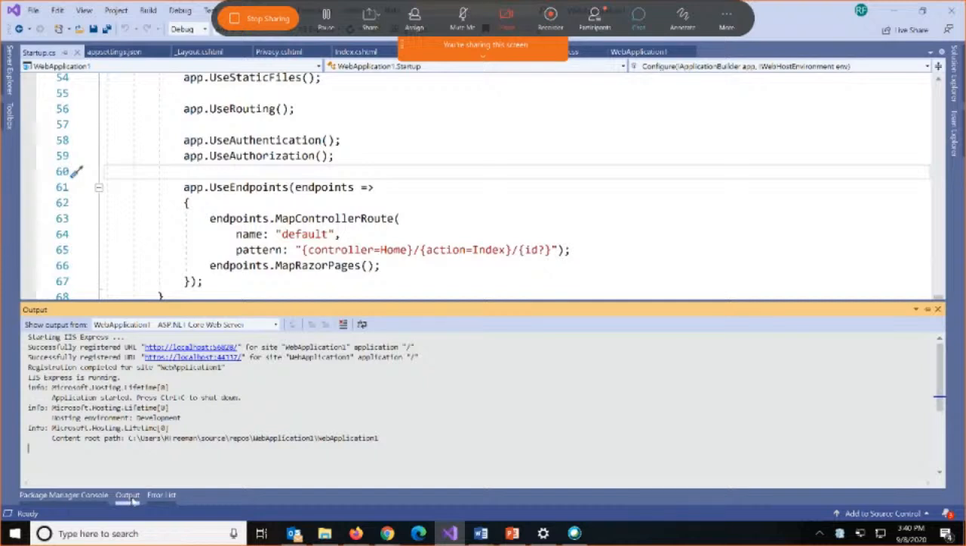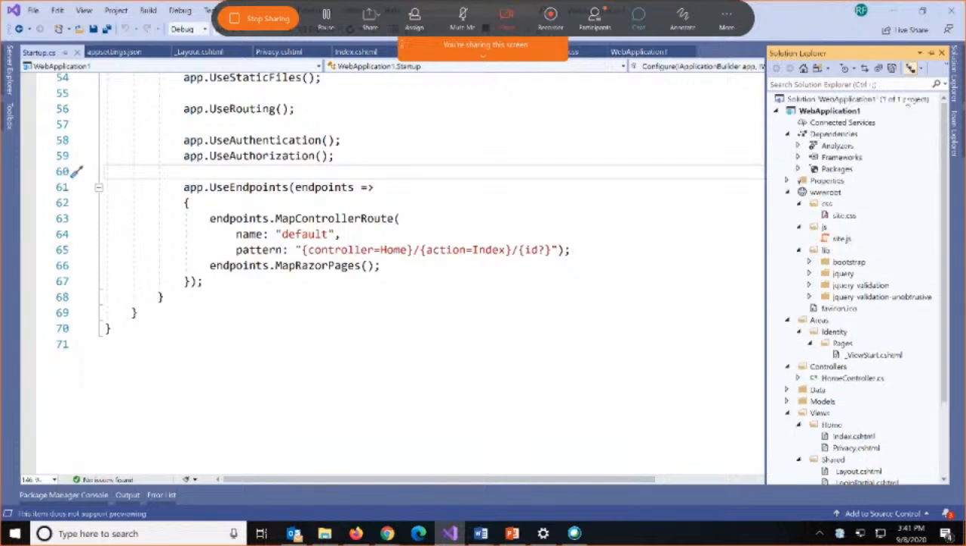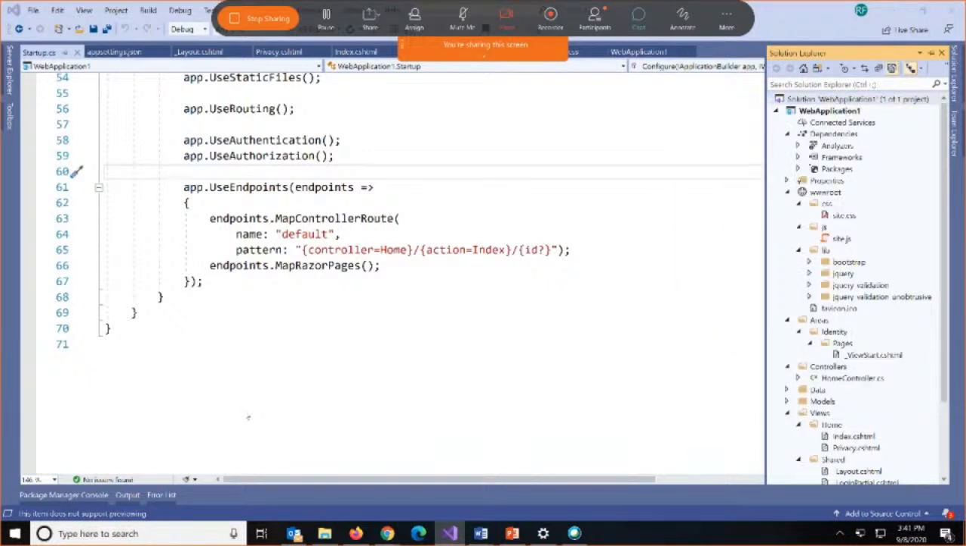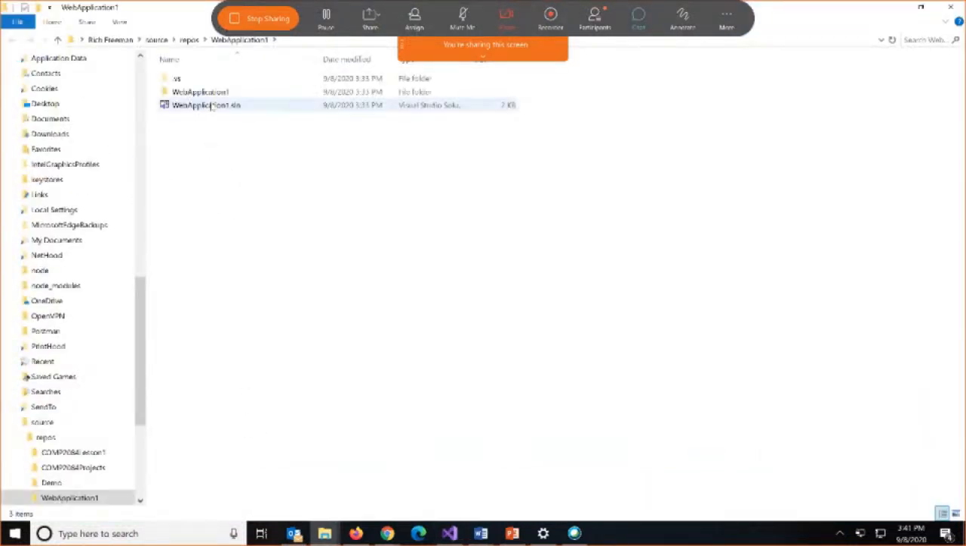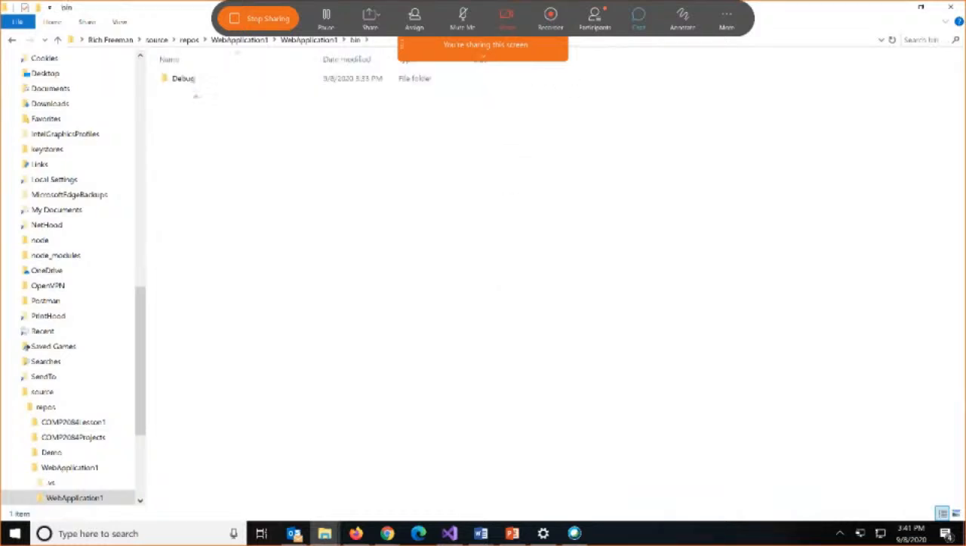So what does this compilation actually look like? I'm going to go to my project and open up the directory on Windows. If I open my folder in File Explorer, here's my solution file, and then I have a subfolder with my project name. Here's all the files, but there's a new folder here, a folder called bin. And inside the bin, the debug folder,